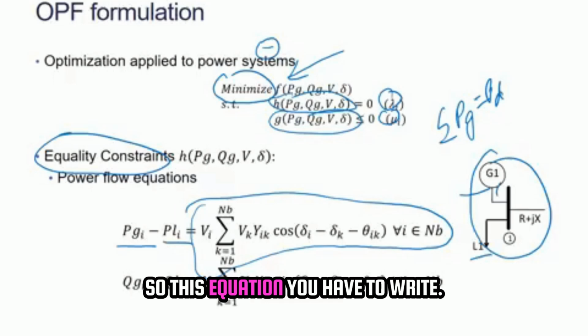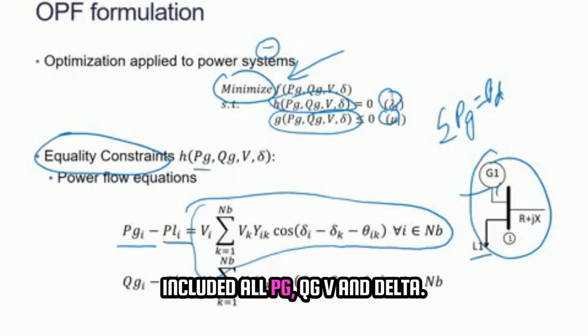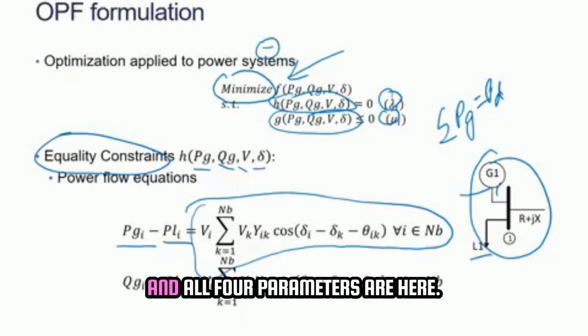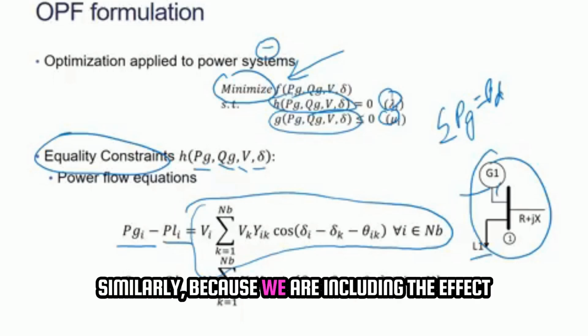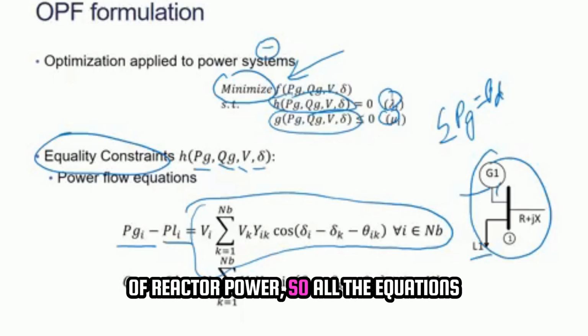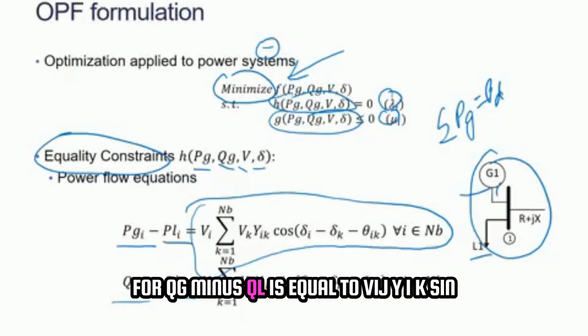So this equation you have to write, and now you can see here we have included all PG, QG, V and delta, and all four parameters are here, and this is the equality equation for the real power. Similarly, because we are including the effect of reactive power, all the equations for QG minus QL is equal